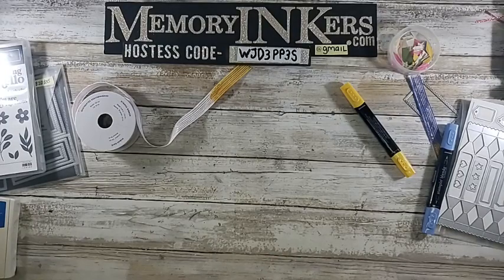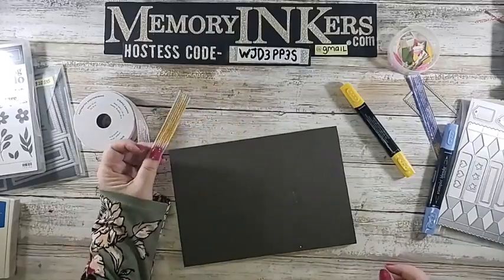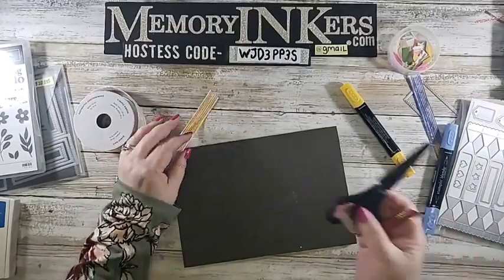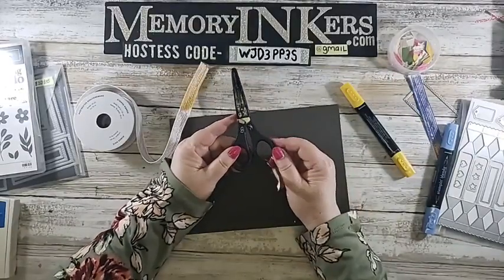And here's the paper that I was looking for. So, all right. So I'm going to be using this little piece right here. So I'm going to go ahead and cut that off. If you missed the opportunity to get our awesome...